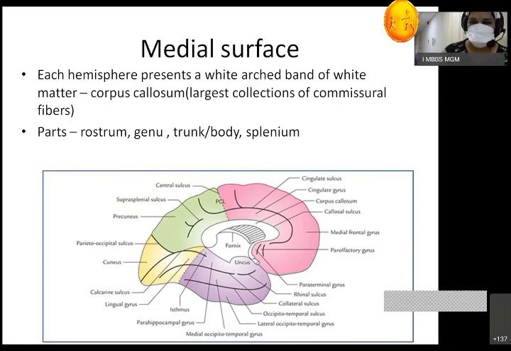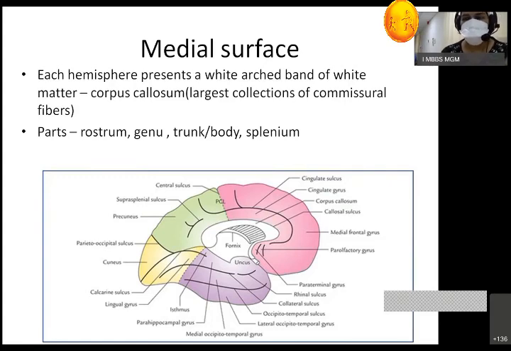Okay, so you can see the shape properly here, but actually it is expanded. Its tracts are coming from all over the cerebral hemispheres. So it might be like that. The most anterior part is connecting the anterior parts of the cerebrum, the middle part is connecting the middle parts of the cerebrum, and the posterior part is connecting the posterior parts of the cerebrum. So these are called commissural fibers. They are connecting the two cerebral hemispheres.